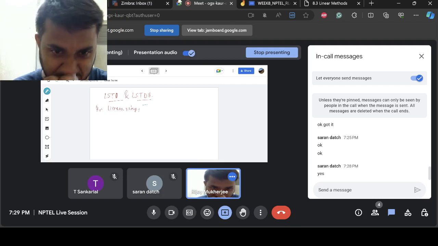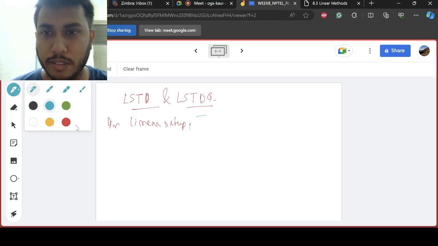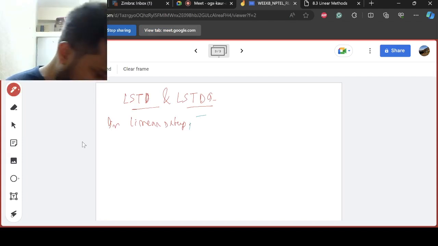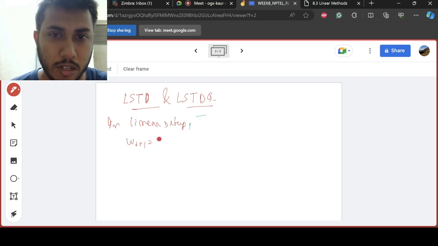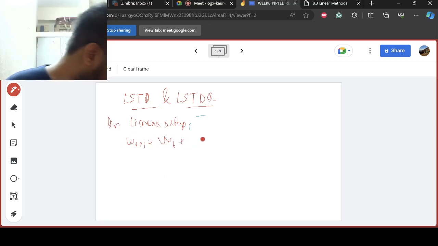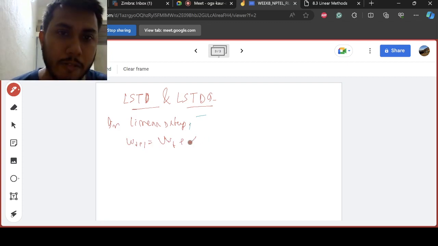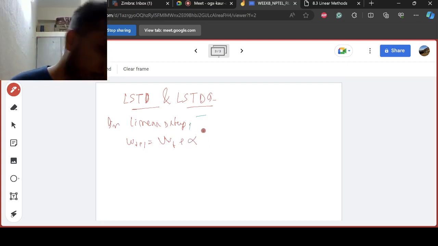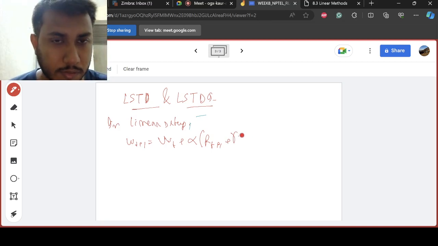Your update rule will be something like this: W_{t+1} = W_t + alpha (R_{t+1} + gamma